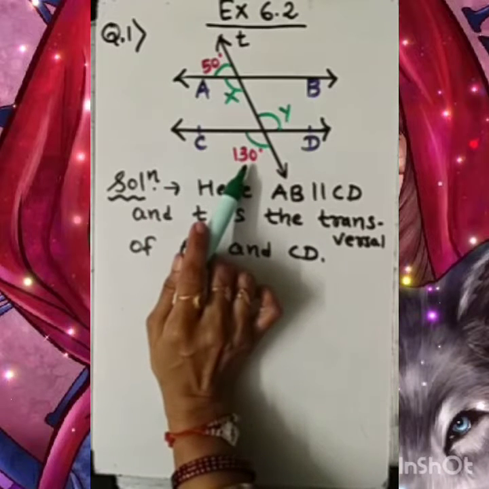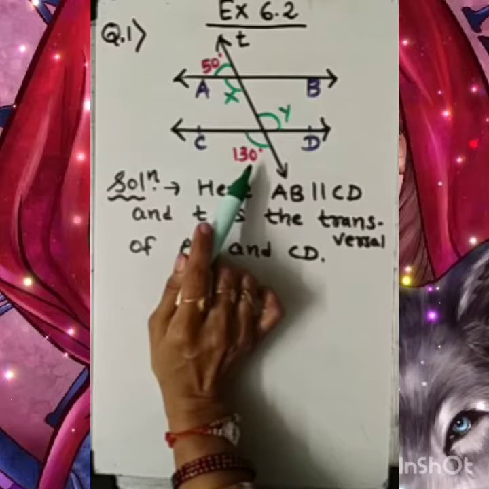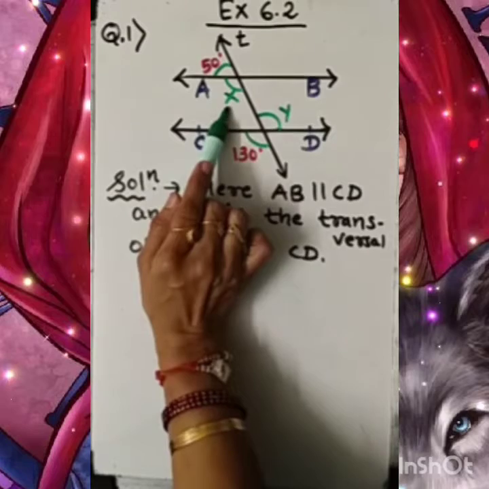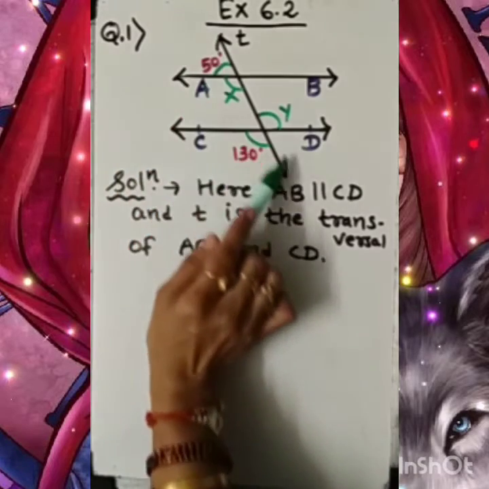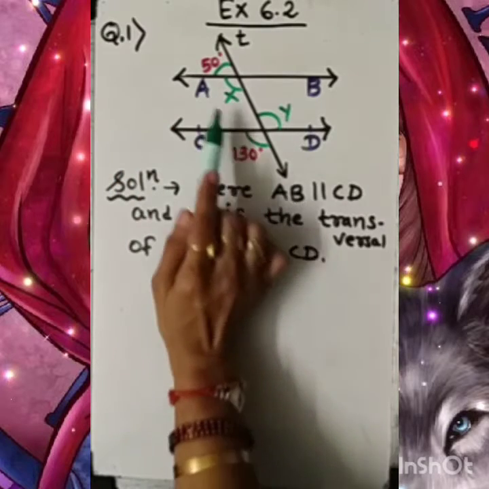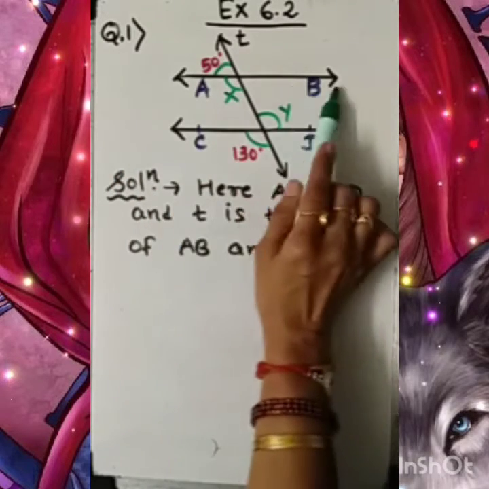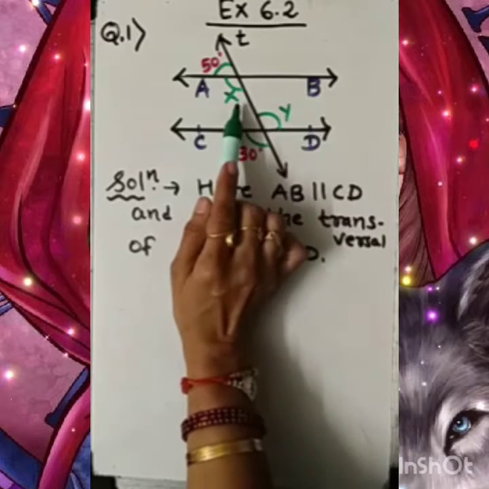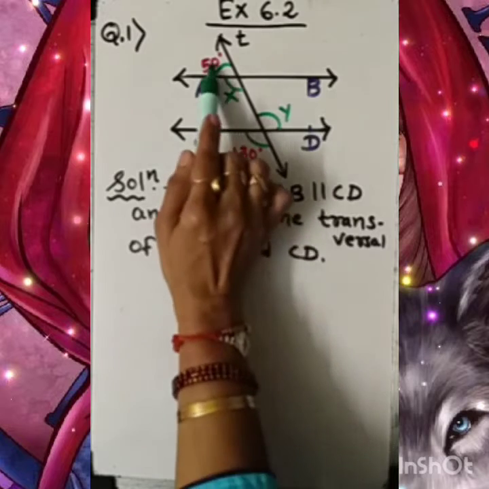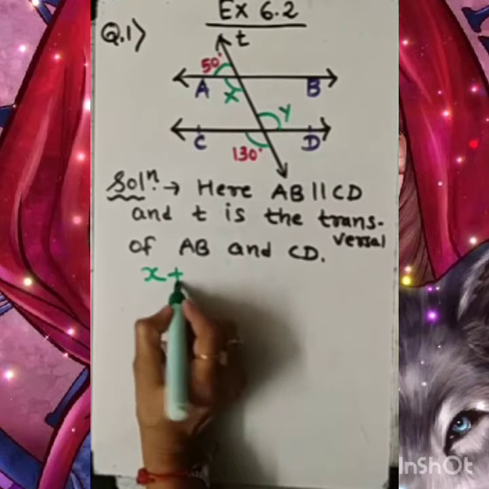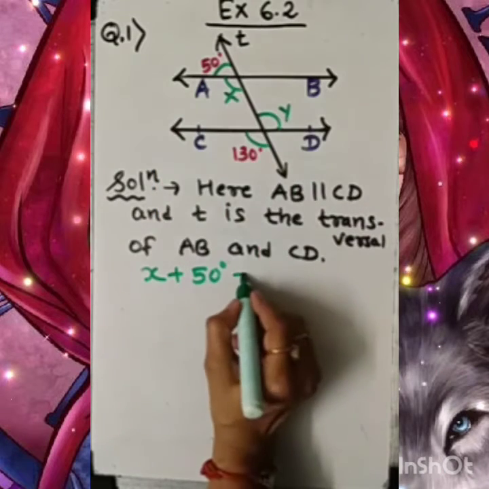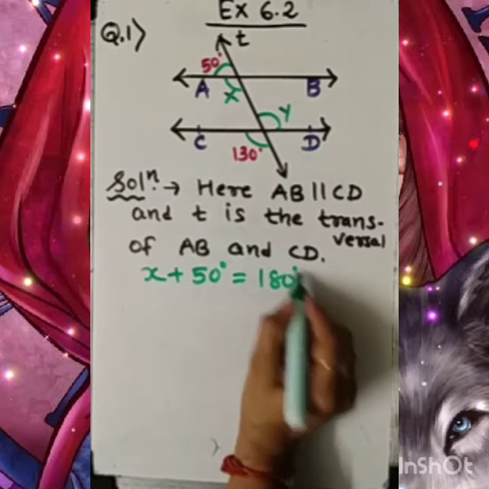So first let's try to set the relationship between these given two angles, 50 and x. If you find, then this is a straight line. Transversal is forming a straight line and we can say this line is standing on the transversal. So these two angles are forming a linear pair. Got it? So we know very well here x plus 50 degree, the sum of these two angles is 180 degree.